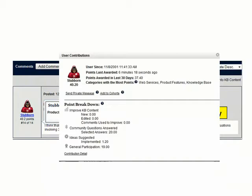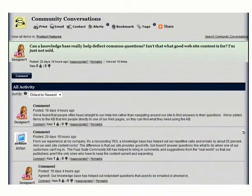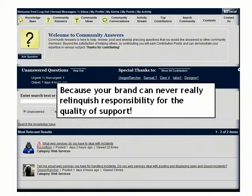Reputation points help community members quickly assess the reputation of others and the content they create. Depending on your system settings, people can also earn varying ranges of contribution points based on usage of content they create and by participating in any of the Fuze social components for subjects you have granted them access. Example contributions earning points in Fuze Social include participating in open-ended conversations in Community Conversations, or suggesting and/or refining ideas in Community Ideas, or answering questions in Community Answers, which is unlike any forum or multi-purpose community software, and instead